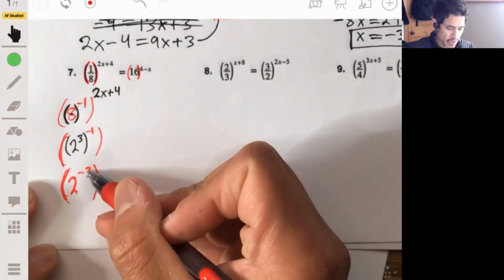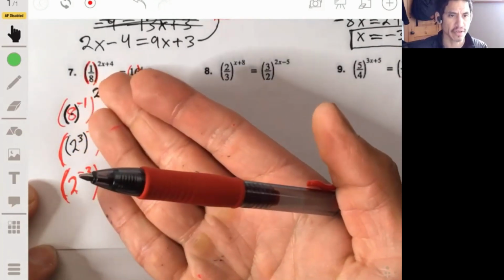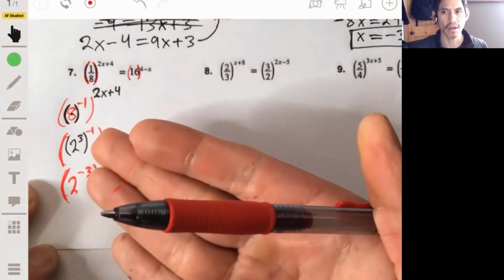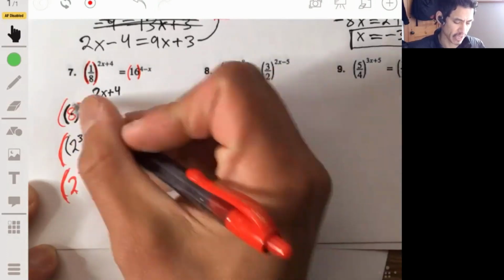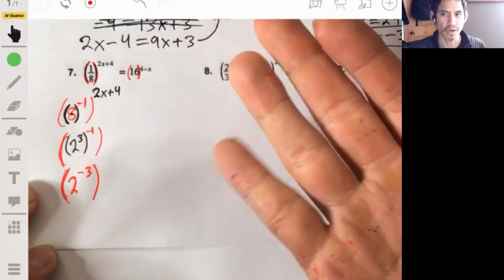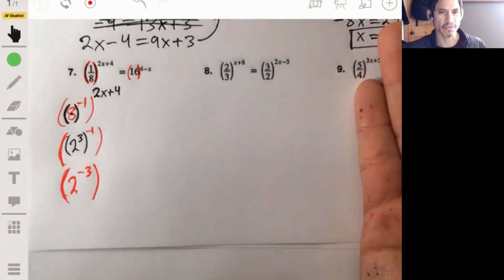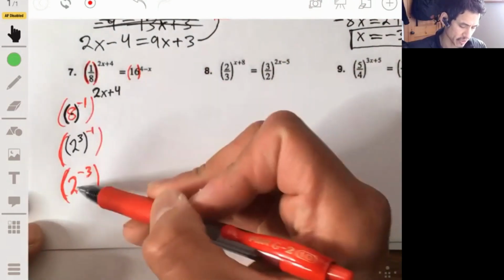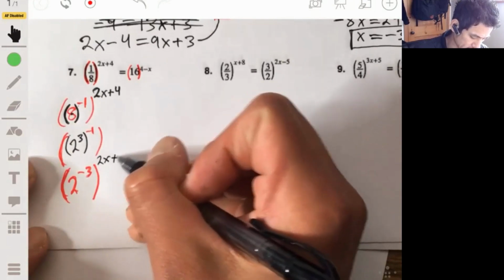So 2 to the negative 3 is 1/8. If you think about it, it's basically 1 over 2 to the 3. And again, once you catch on to this and practice this, you don't have to do it like this. I'm just breaking it down in case you are not comfortable with this for the first time. But the 1/8 is 2 to the -3, but we still leave the 2x plus 4 as the exponent